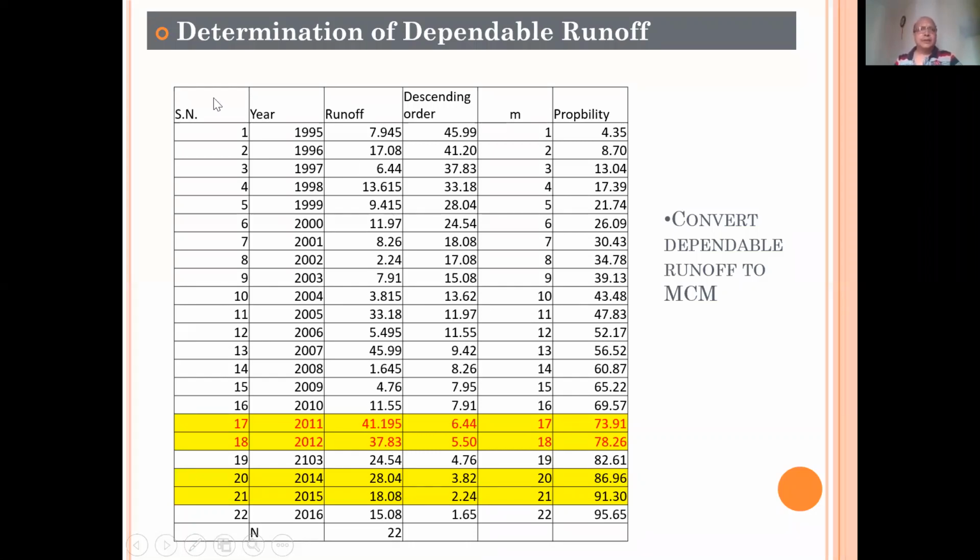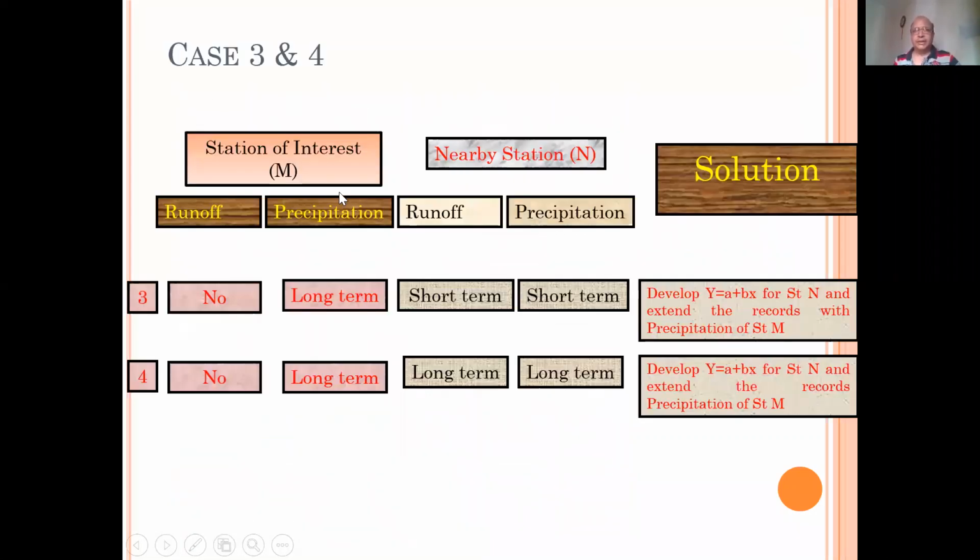Case 3 and 4 are similar. There we are having no runoff at the site of interest, but at a nearby site we are having either short-term runoff and precipitation or long-term runoff and precipitation. In that case, what we can do,